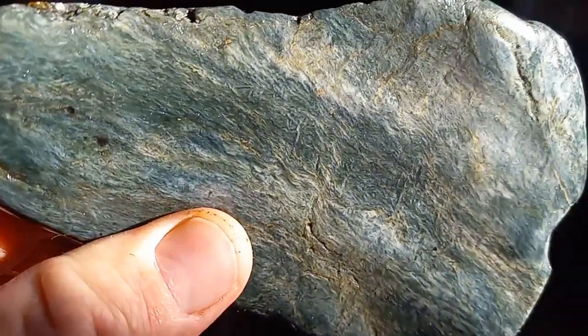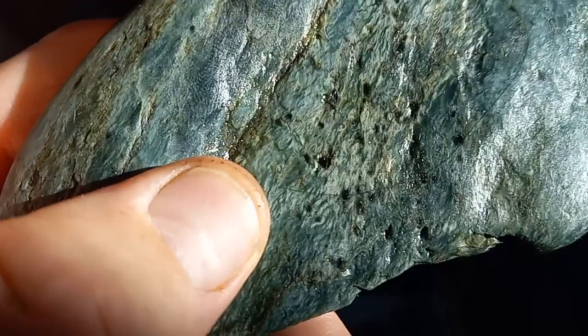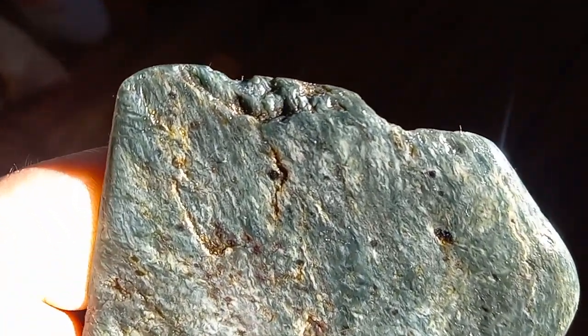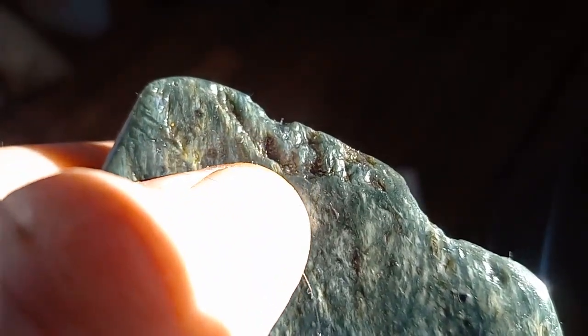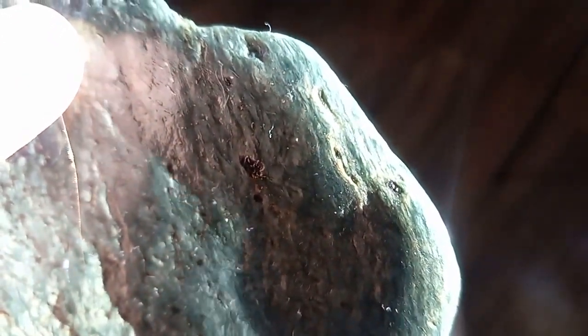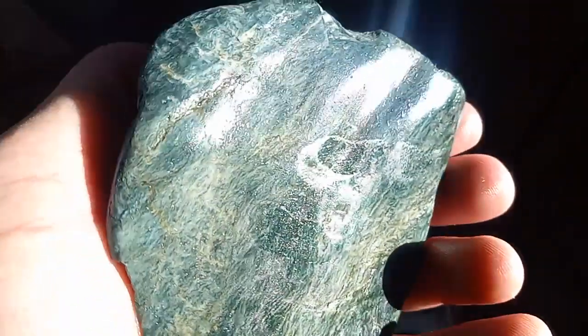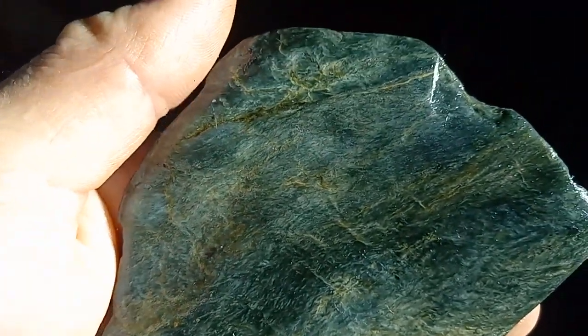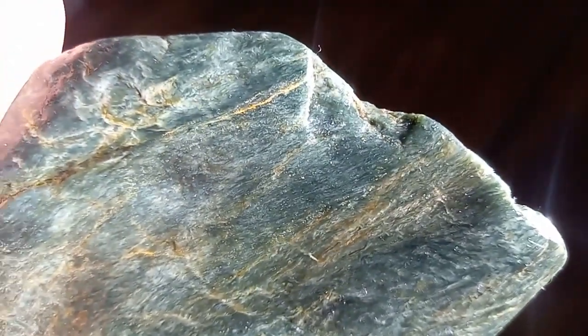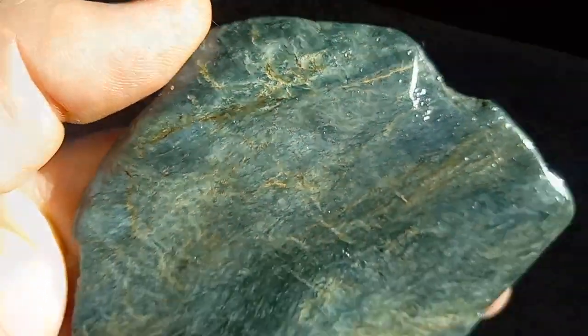And when backlit, each of the little layers of this, let me get a shot of the layers. It's actually very, very thin layers. There's a shot there where you can see the sunlight coming through it. So it's translucent, it's felted, and it's the same colors as the other. The shape kind of threw me off a little bit, but then when I sanded it and backlit it and really looked at it,